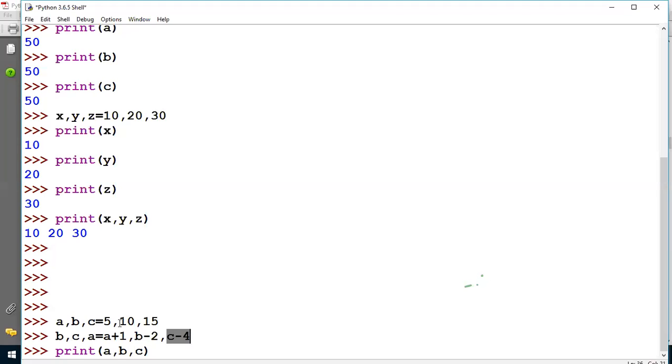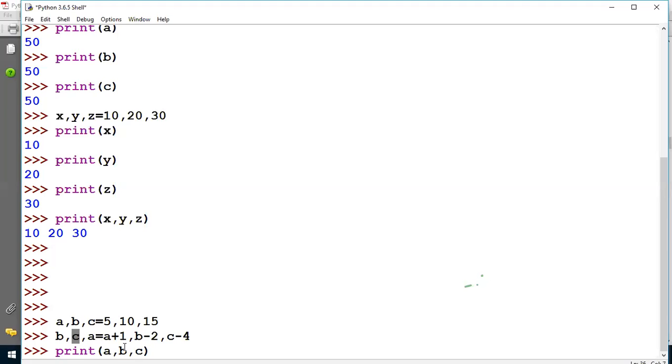Clear? So second value, the value of b is 10, 10 minus 2 is 8. 8 will be stored in variable c. What is the value of c? 8.